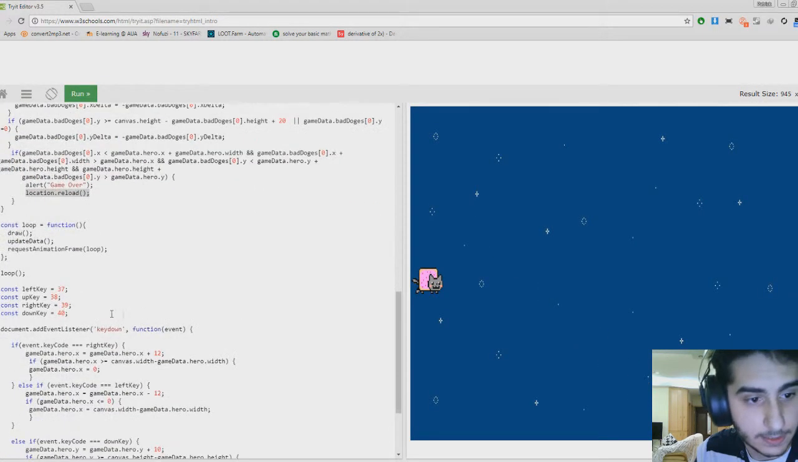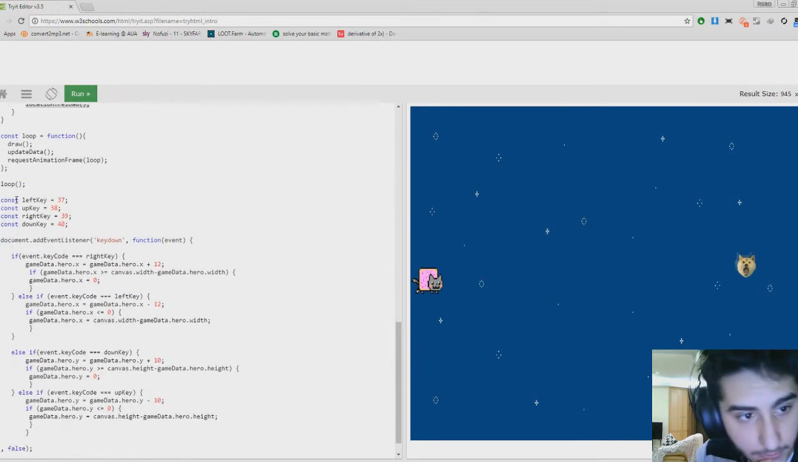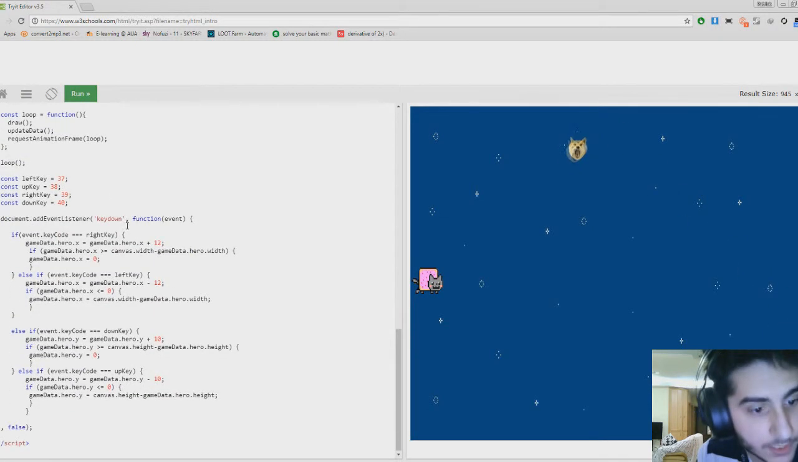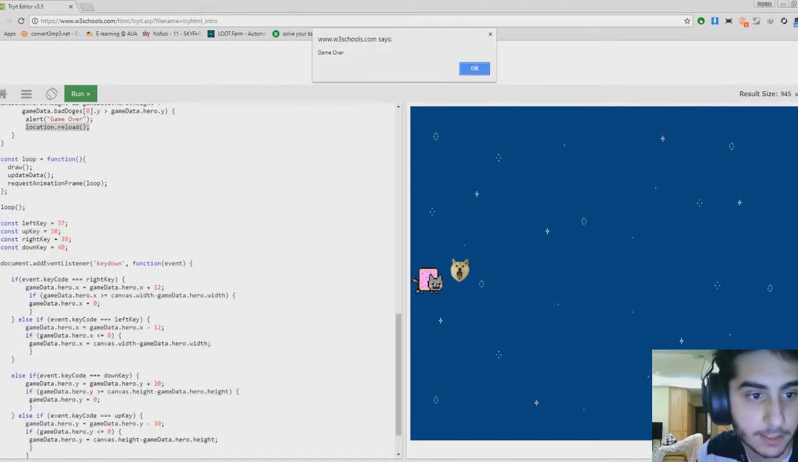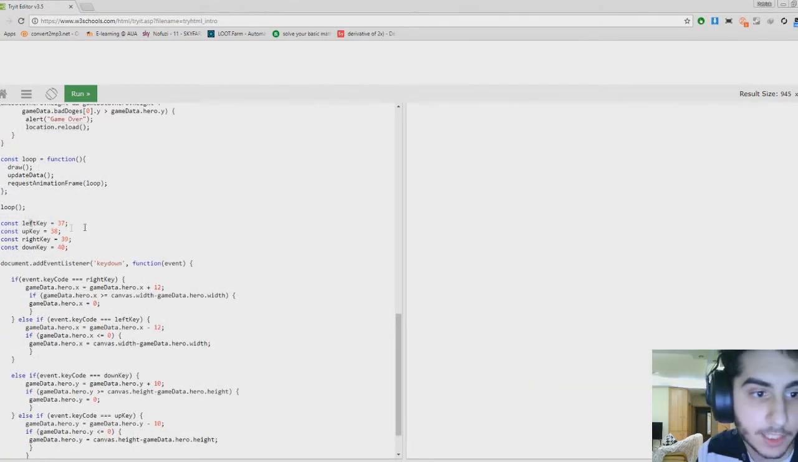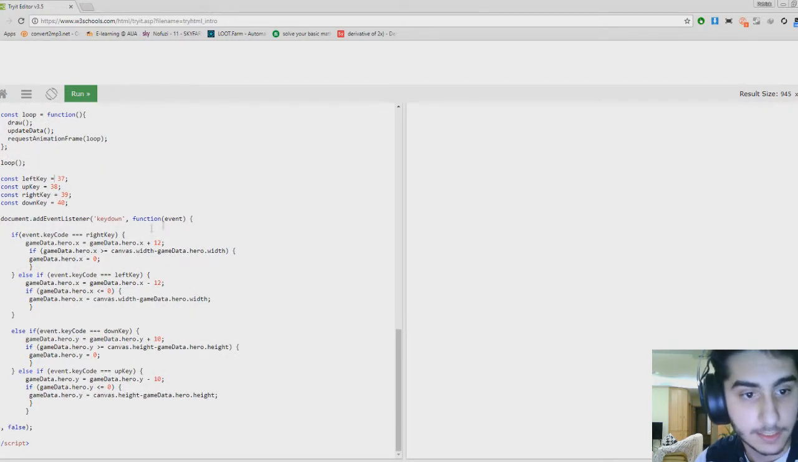Now let's talk about the last part, which is the keys. In here we have the left key, which is 37, which we can Google to get the codes. This is the left arrow key, and the up arrow key, down, and the right one. We added an event listener to our code, so we say if the key code is the right key, like it's 39,